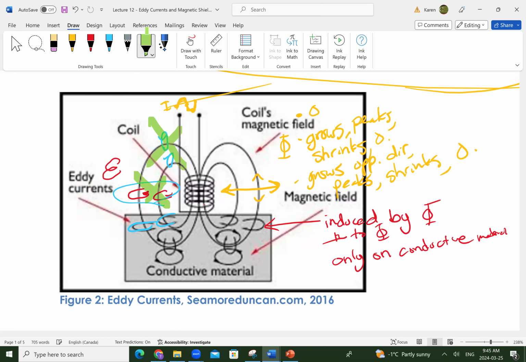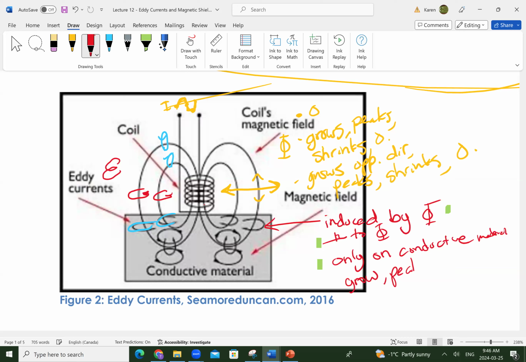There are not eddy currents here. It's in free space. There are, yes, eddy currents here, perpendicular to the magnetic field, and yes, in a conductive material. So induced by the flux, perpendicular to the flux, only in the conductive material, and they grow,